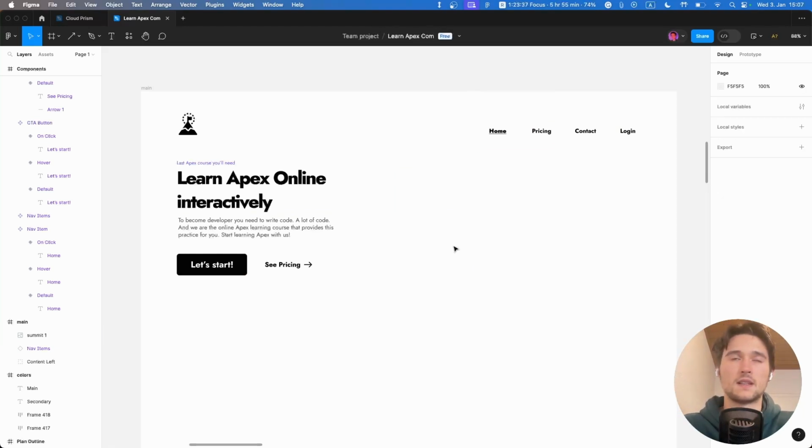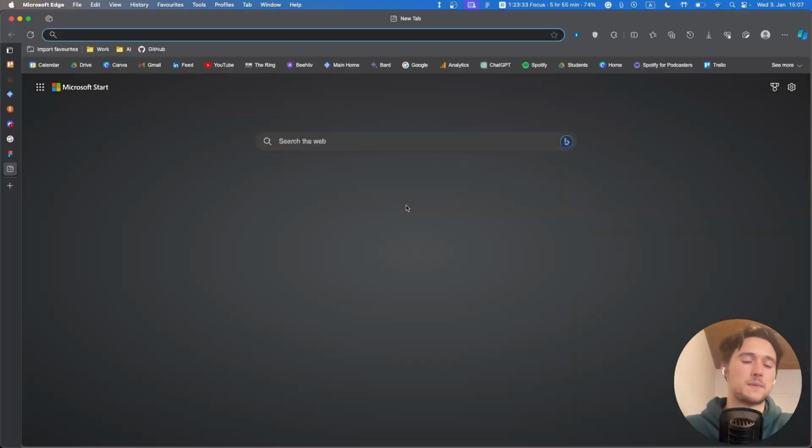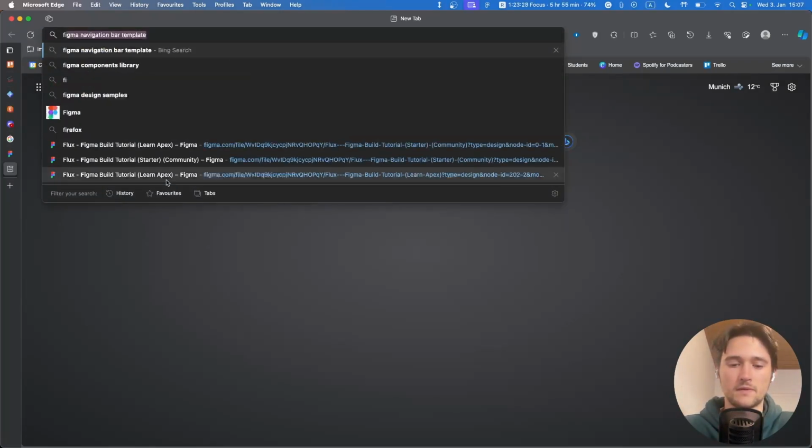So that doesn't work. If that doesn't work, let's grab some inspiration from the components from Figma